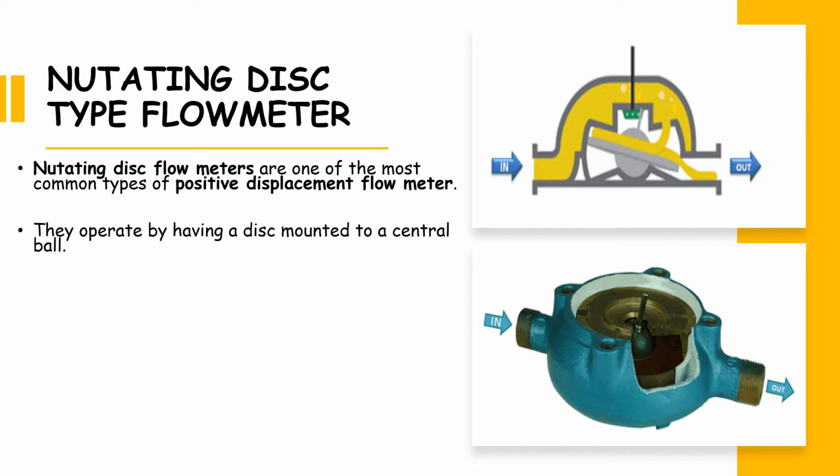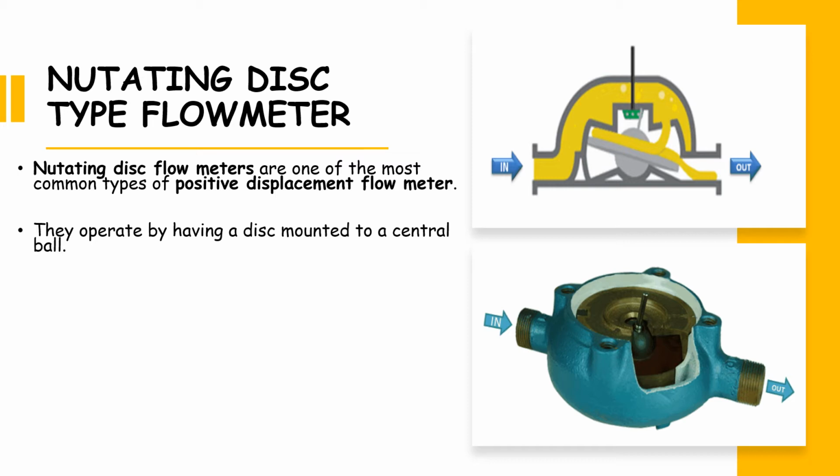We also say that there are inherently more leakage paths in the design and it tends to be used where longer flow meter life is required rather than high performance. However, the close clearances between the disc and the chamber ensure minimum leakage for accurate and repeatable measurement for each volume cycle. We also say that the disc attached to a sphere is mounted inside a spherical chamber.